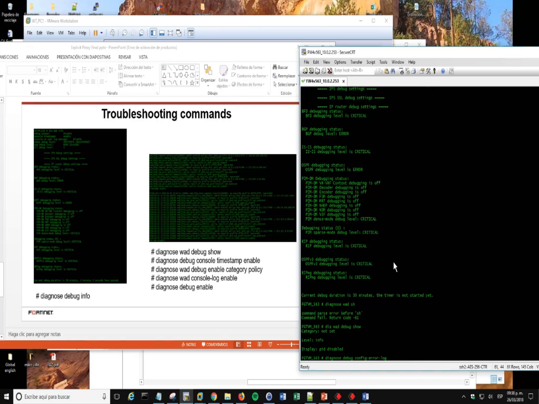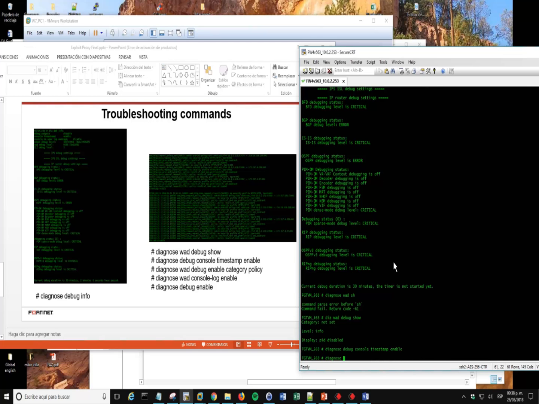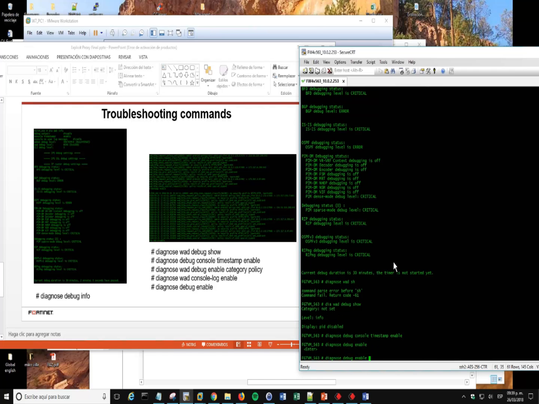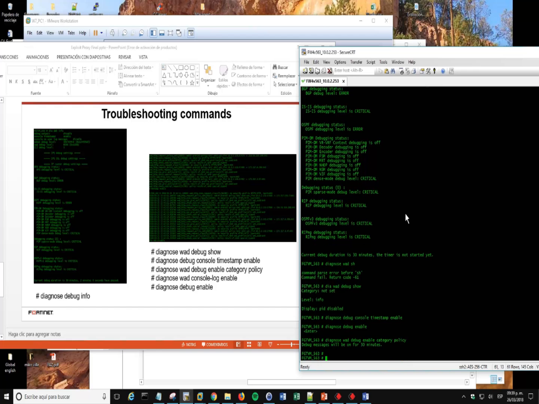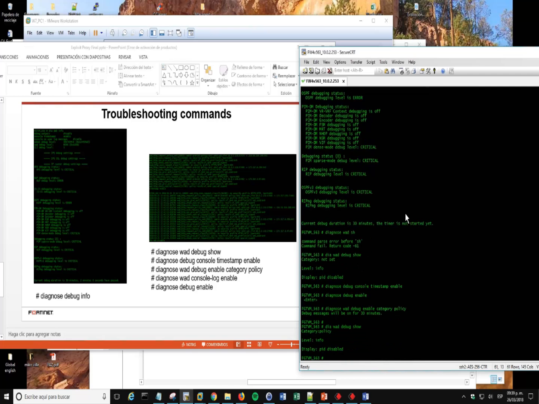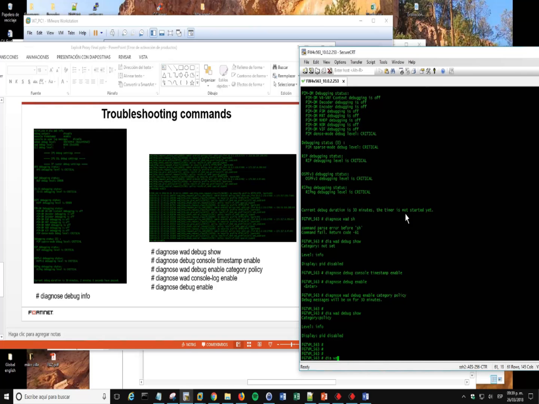Diagnose debug console timestamp enable, and it is the most important command. Diagnose debug enable category policy. We can check again. Here is policy, and then we activate diagnose debug console log enable,